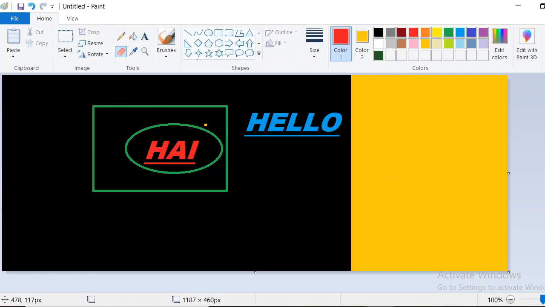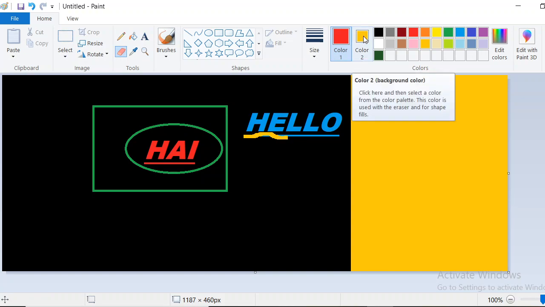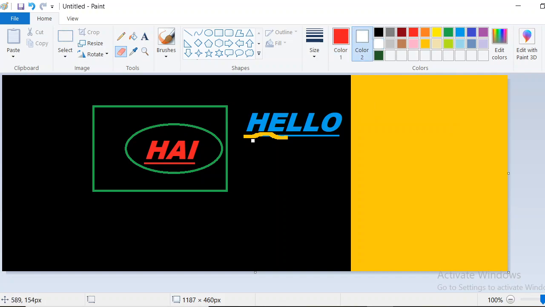Next one is eraser tool. Want to rub the unwanted portion. Now see, this eraser is in which color? That is color 2. Which box, which color applied? That is green, sorry, yellow in color. So if you want to take that eraser, make sure this color 2 box contains white color. Then we can easily rub the thing.